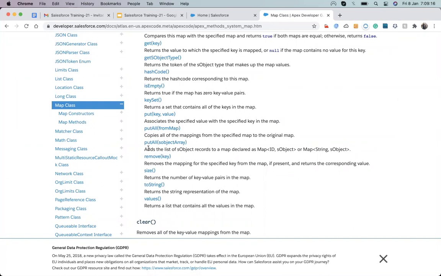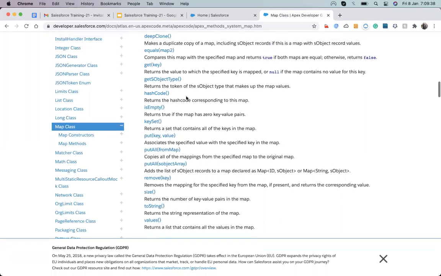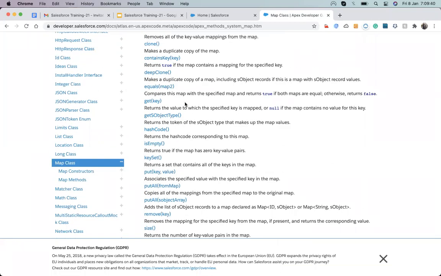We already discussed the key set. And putAll is used when we have to get all the values from a second map and merge them into one map. And then we have remove, size, all those things. You can review all the methods again, one by one.